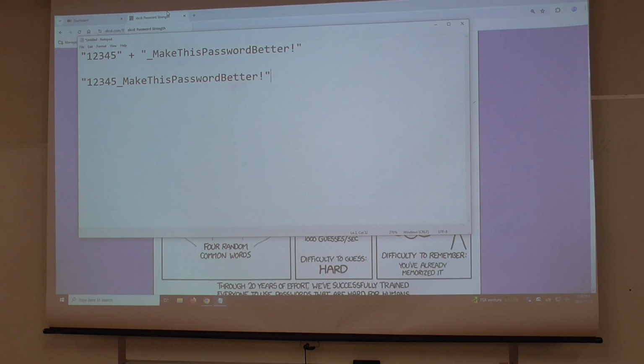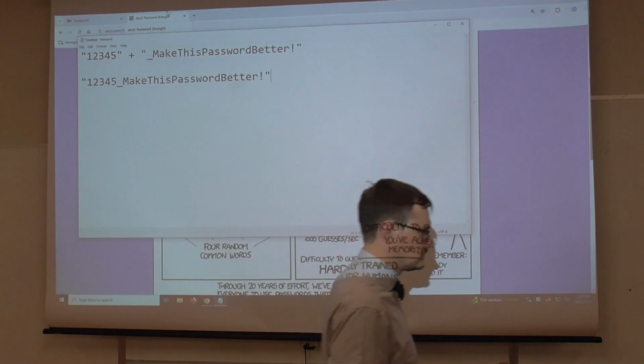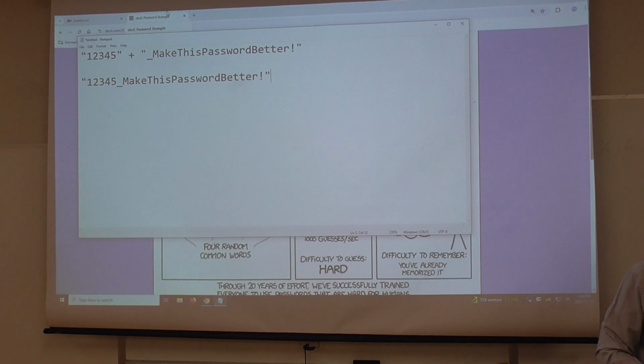Now, in theory, this means you can pick out what the salt is because it's in the database. It's by no means perfect, but there's no other way to have a different one for every single entry. But this is what's currently done: salting and hashing.